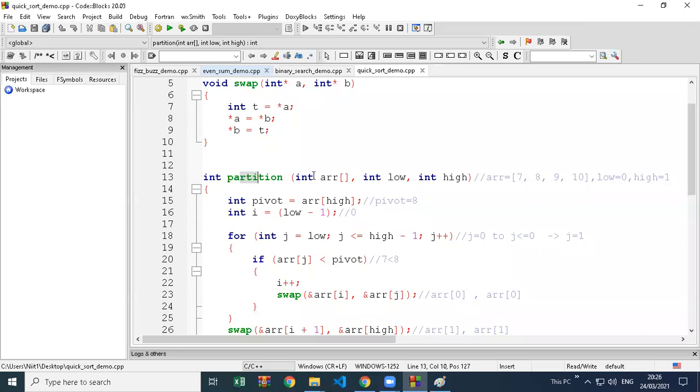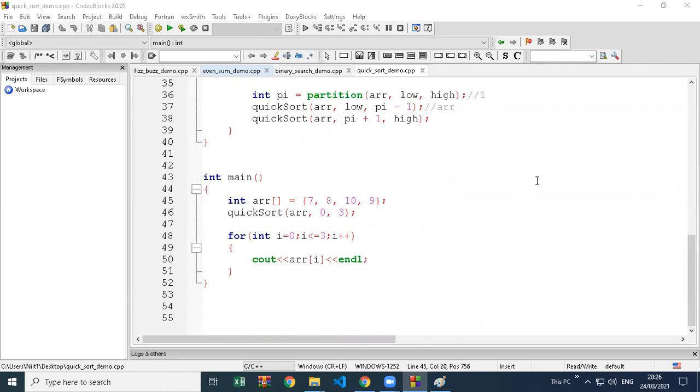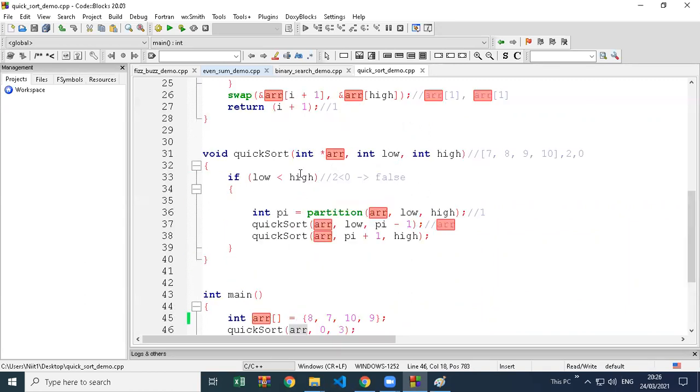So again, to understand partition, sorry, the quicksort demo, we'll go line by line, like how it is calling a function. Let's change the values a little bit here, we'll make it 8 here, 7 at that position. So first of all, you have this array. The values are not properly aligned, of course unsorted, that's why we want to sort. So we are passing the array first to quick sort. In quick sort, what is your array? Let's copy the array. What is the low value?